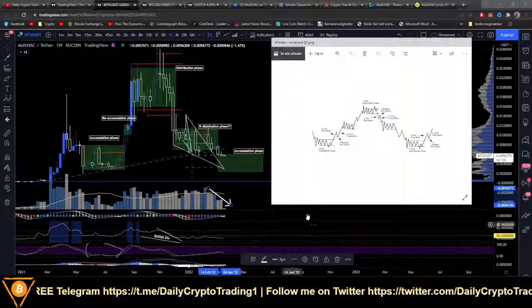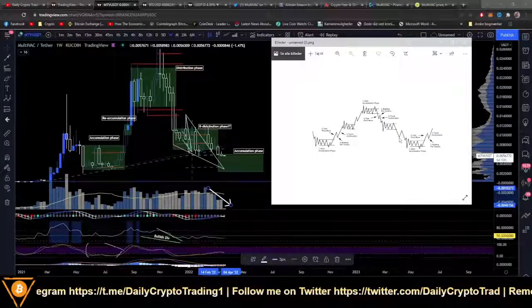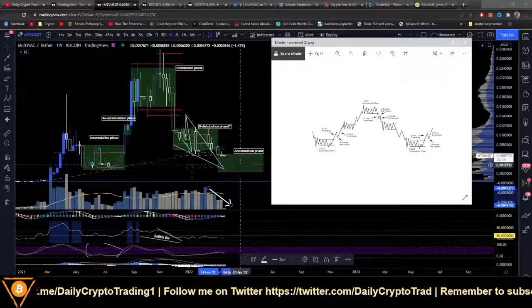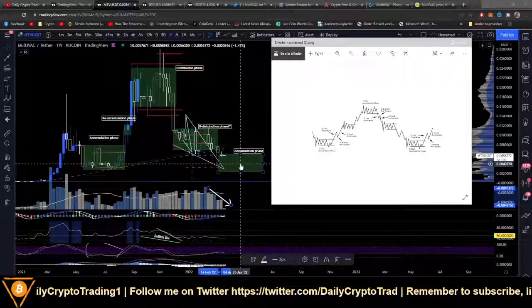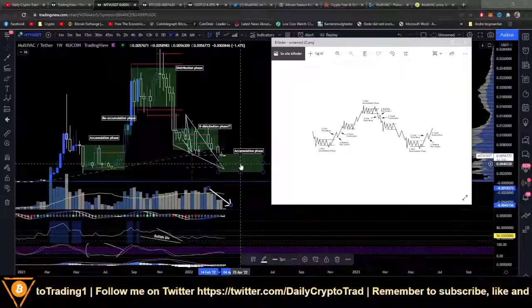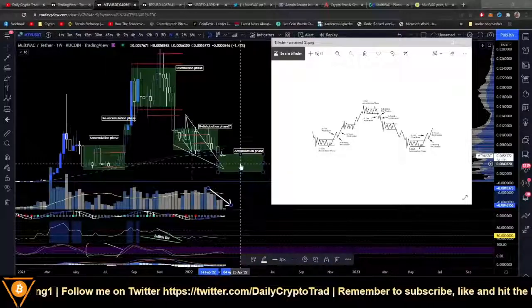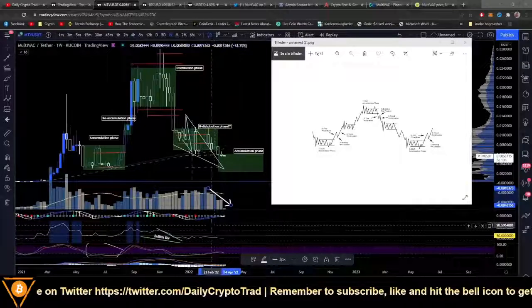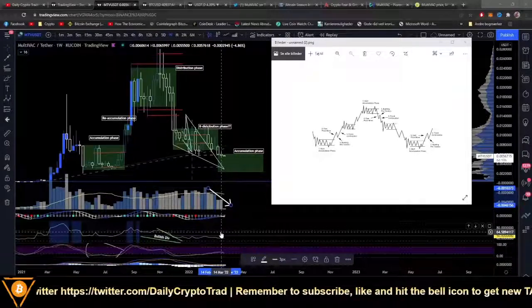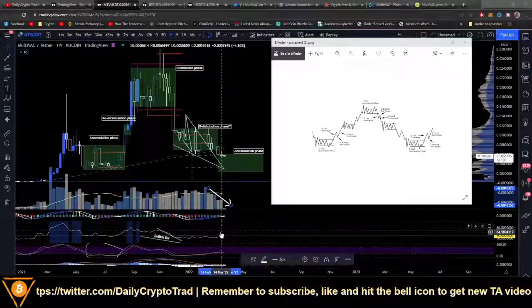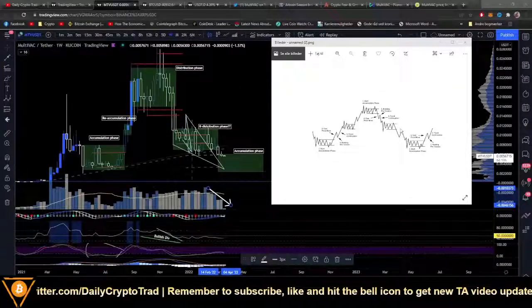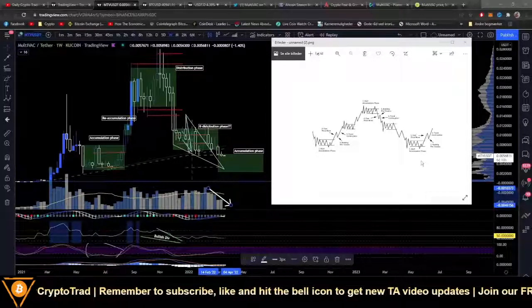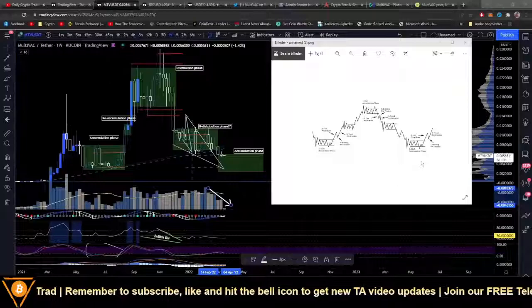That is why I'm saying, and what I believe, that we are around this area and we will see a big spike to the upside before we go down to the last area, which is the accumulation phase, where we can accumulate more MultiVAC before we see a huge spike to the upside yet again. If we look at the RSI, it is below the 50 area, which means we are in a downtrend. It will have some kind of reversal. That is why I believe we will have a small spike to the upside, you know, just to keep the FOMO in people, right? But before we see the true downside, where it goes to the accumulation area.